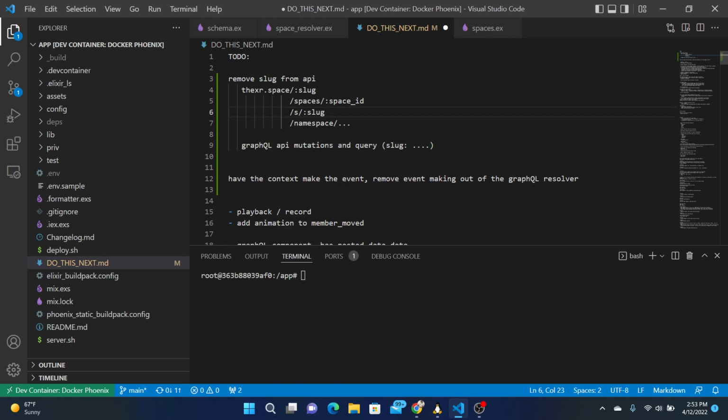Or maybe we'll have another login page, maybe at the top level there's a form that you fill in some code to allow you to get there.